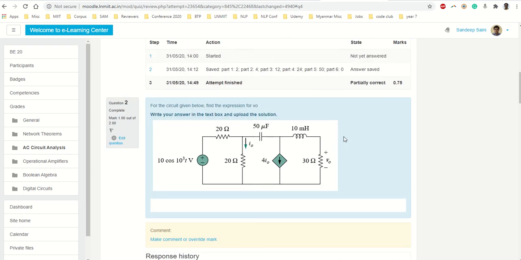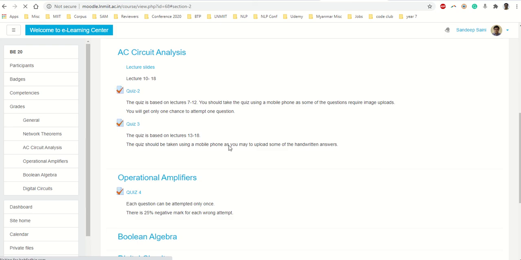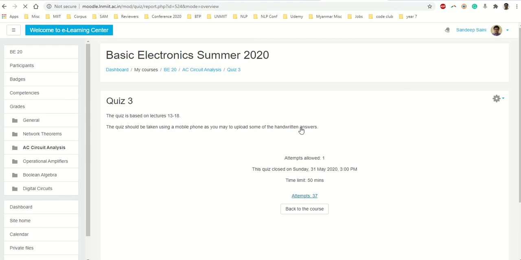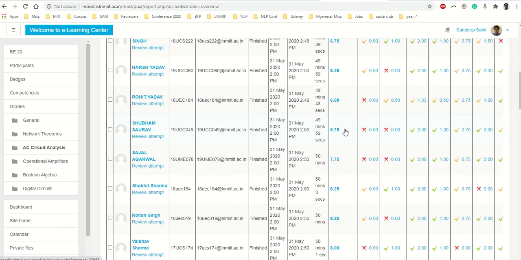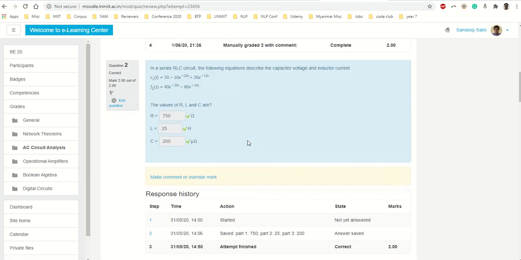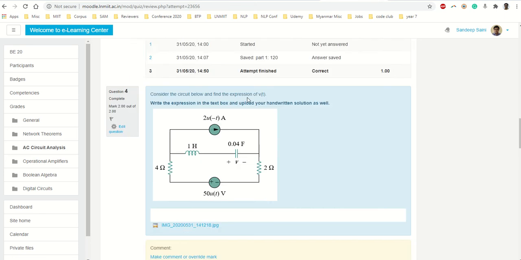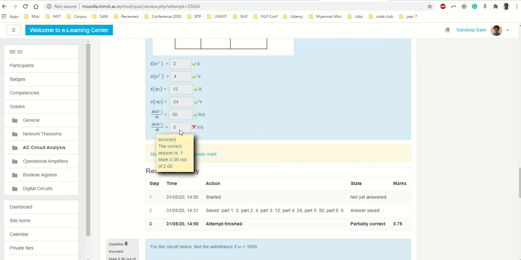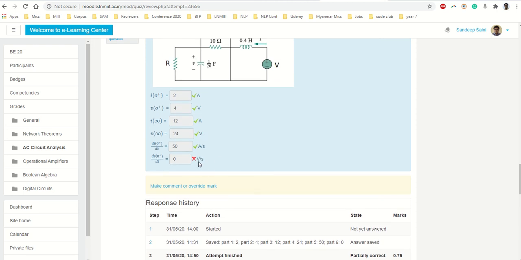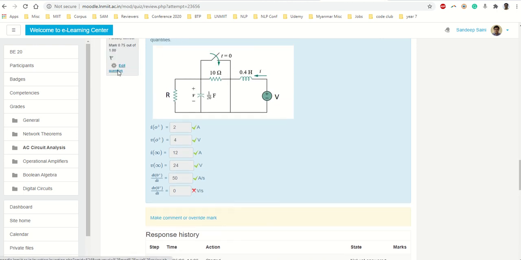The quiz went fine, everything is done, evaluation is done, and then I see that a particular question had a wrong choice. I had not given the correct choice while this question was given to the students, and the majority of the students have wrong answers, they have been marked wrongly. So let me take this one. According to me, the correct answer is 1. The student has answered 0, so he is given 0 here. It is wrong. So now I can go to edit question,